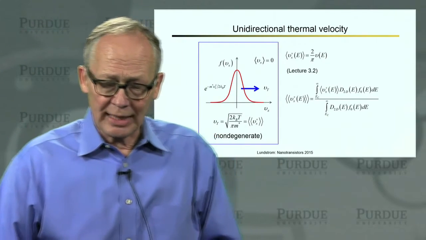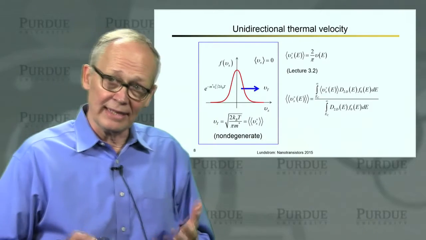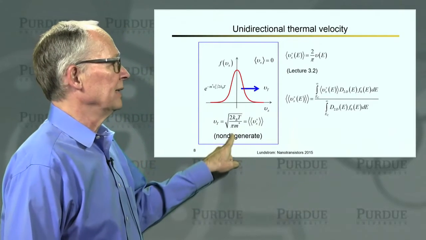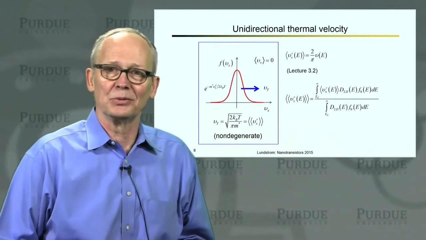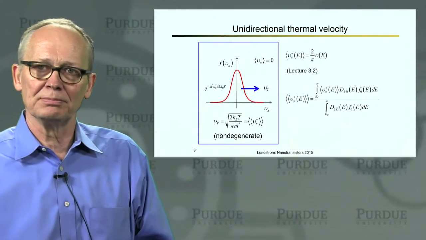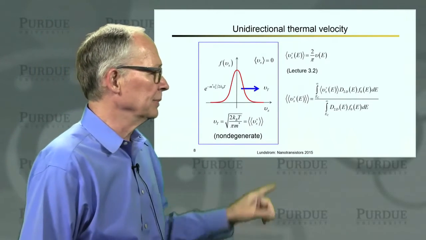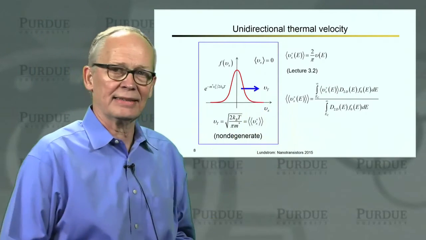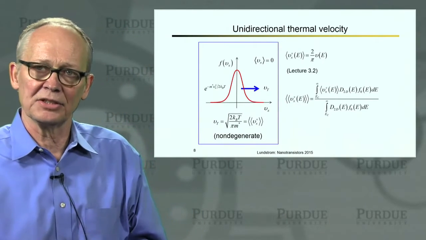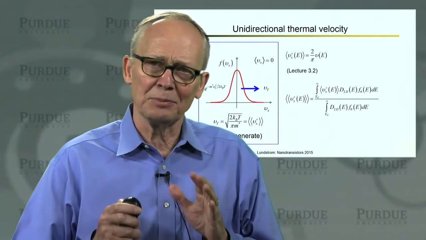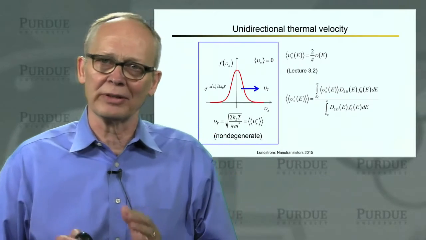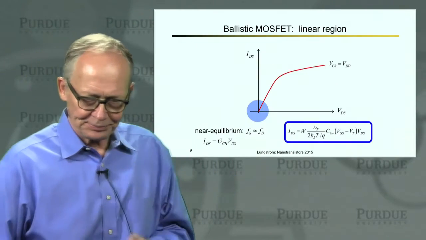Okay, if we do that, and if we take the non-degenerate case, we'll find that that average velocity is the one that appeared in our derivation, square root of 2 kT over pi m. That's the average velocity of the positive half in the non-degenerate limit. And that is an important velocity that we will see over and over and over again.